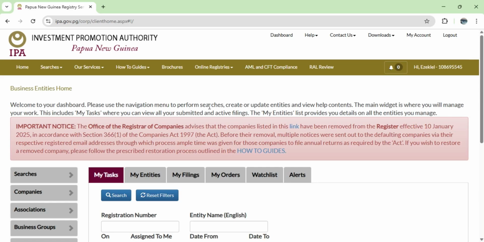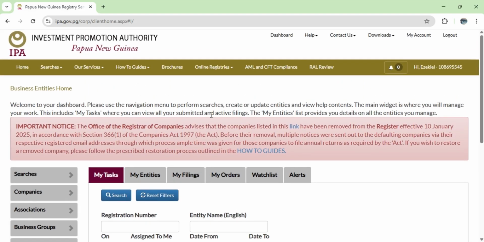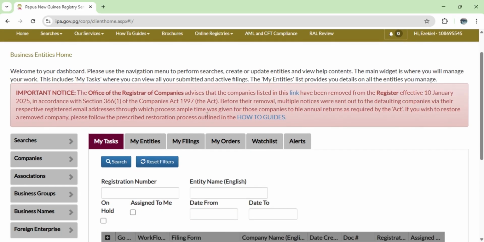Alright guys, in this video, we'll be talking about how you can register your business online using your IPA account that you have just created. Now, this is the interface once you have accessed your account and you are now in your account. So we'll head straight to where you can select the option to start the process